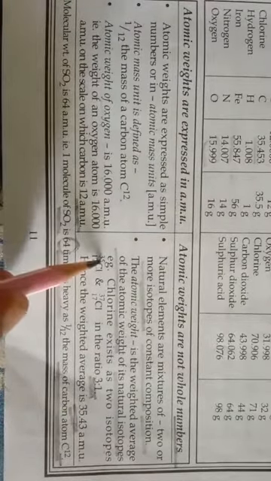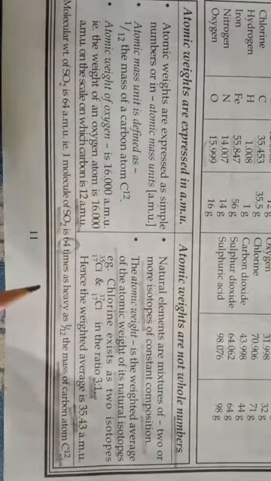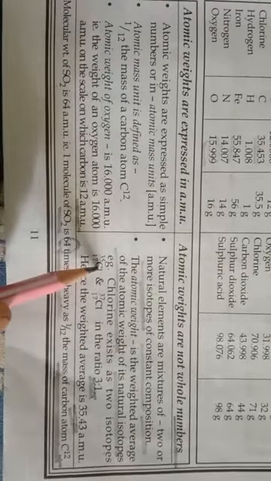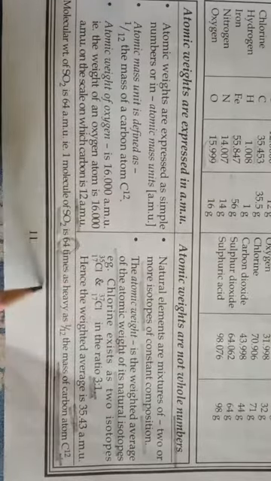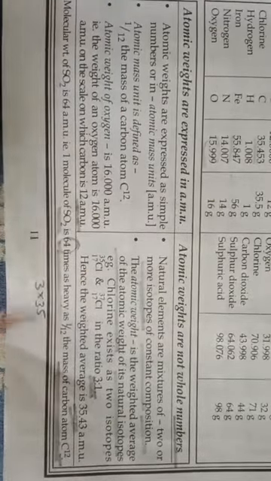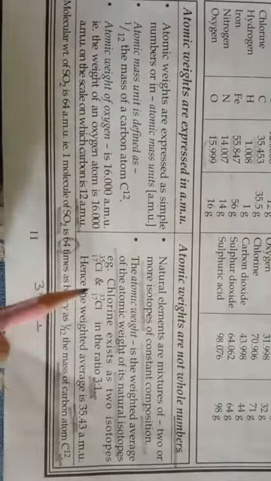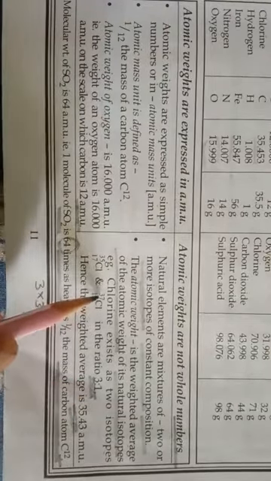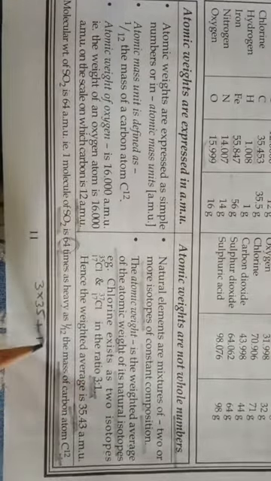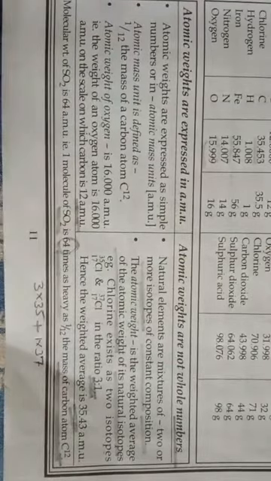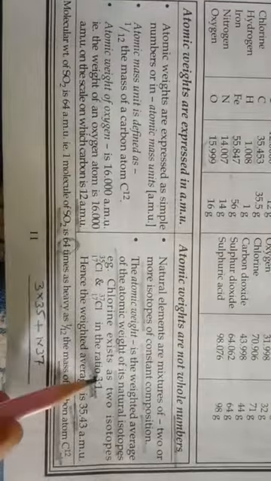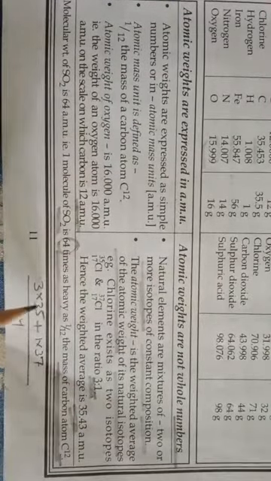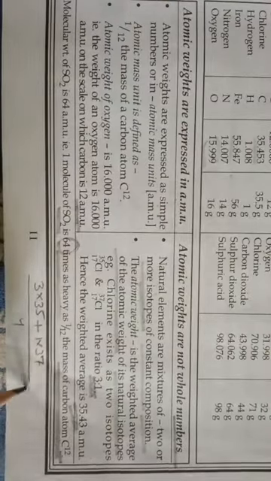According to the given data here, the ratio of chlorine isotope 35 is 3, so 3 into 35 plus the ratio of chlorine isotope 37 is 1, so 1 into 37, okay, and divided by 3 plus 1, which means 4. So when you calculate this value, you will get the answer as